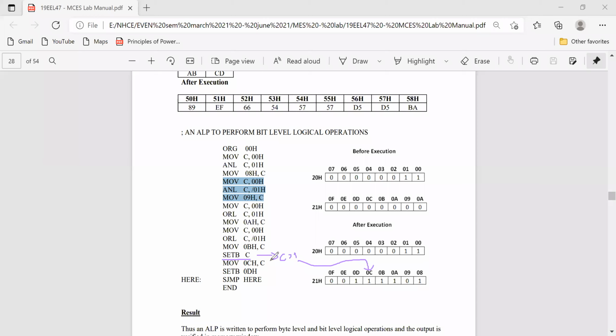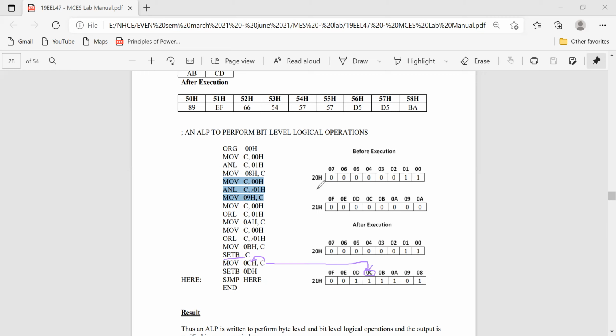This is one way you can store your carry bit in one of the locations. Next, I just move this carry to this location. What is the carry? Carry equals 1, because with the previous instruction we loaded carry as 1. That we are pushing to this location.